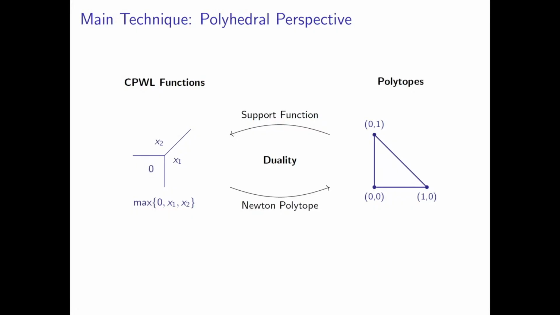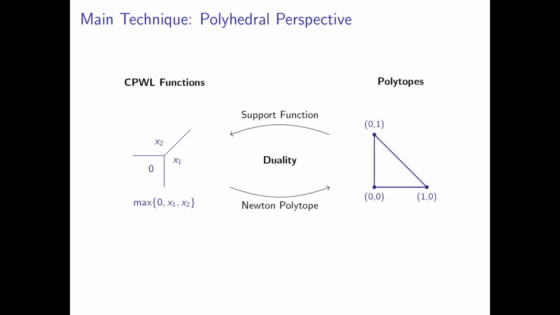So how does it work? Think of a continuous and piecewise linear function, like this one, which I showed you before. Now assume your function is convex. That makes things easier. Also assume you don't have biases. That makes things easier. This function is convex because it's a maximum of a couple of things, so that's fine. You can look at all the pieces of your function and look at the coefficient vector of the linear function computed in each piece. In this piece it's 0, 0, in this piece it's 1, 0, and in this piece it's 0, 1. You take these